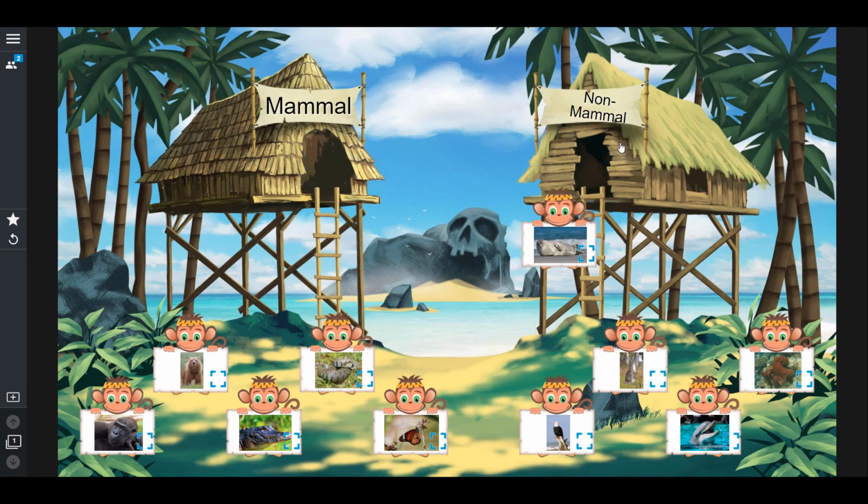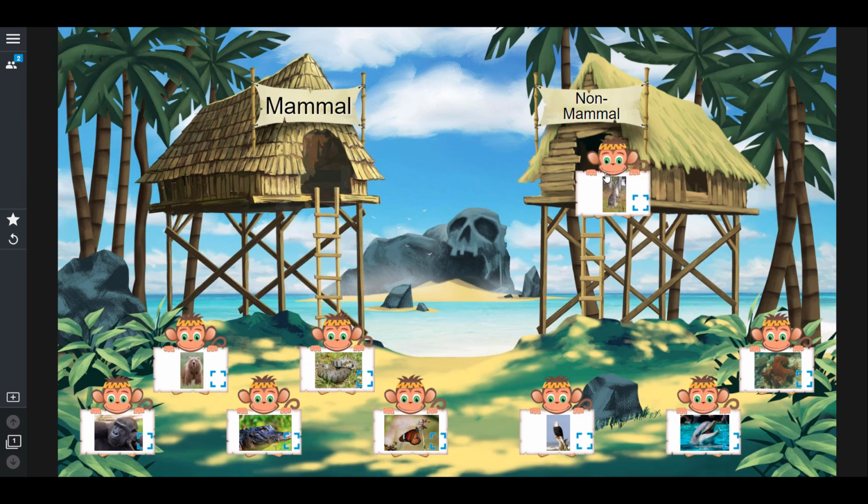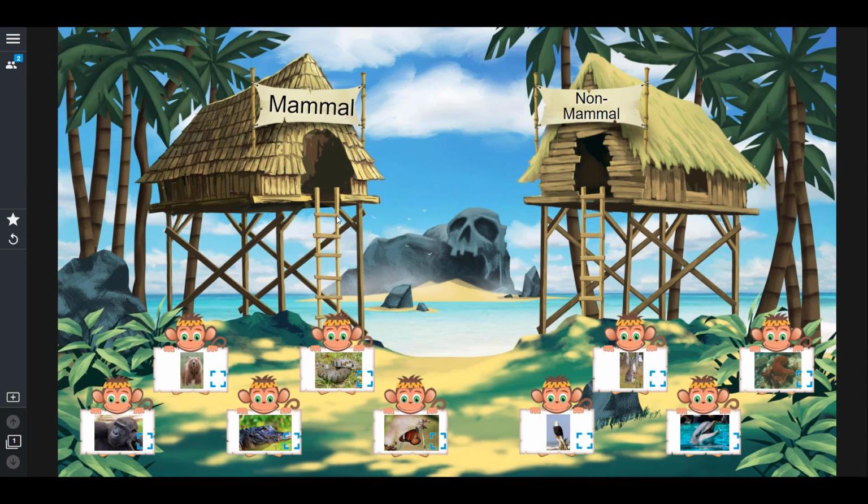SuperSort is just one of the many activities students can participate in for a check-in of understanding. These activities are a fun way to get students engaged and excited about the content.